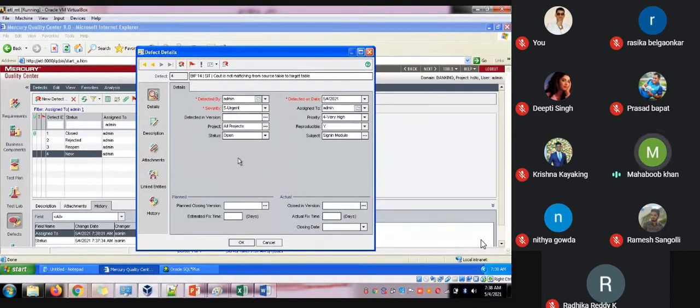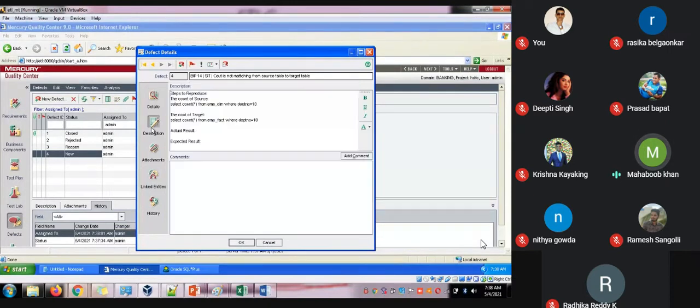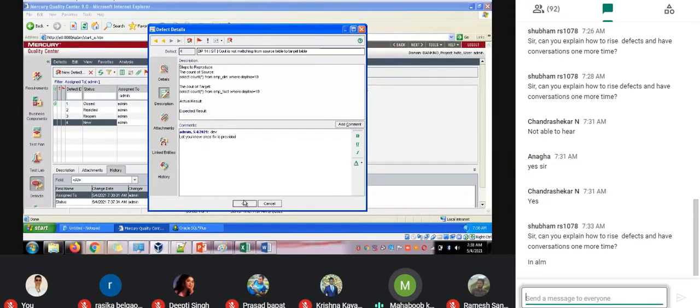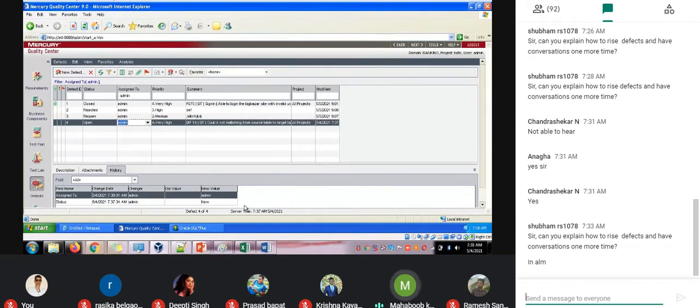Once he opens it, he will write the comments like fixing, and once the fix is provided, he will make the comments as dev done. This is the way he will add each and everything.